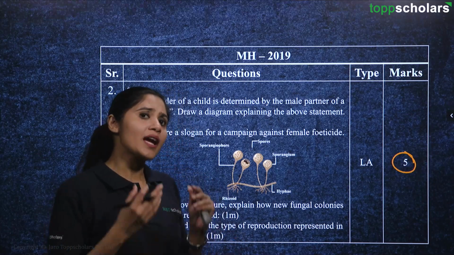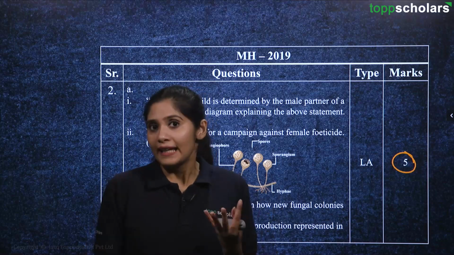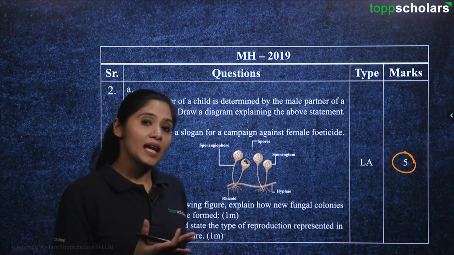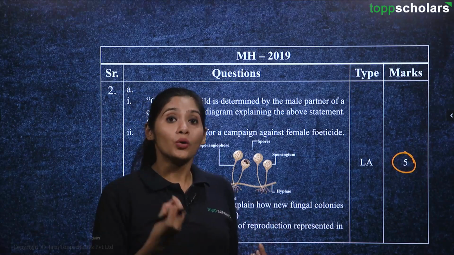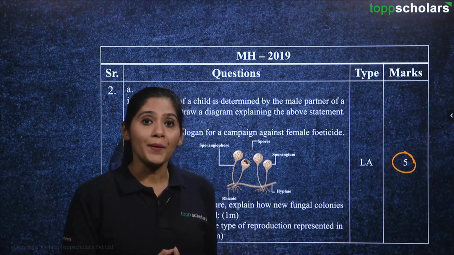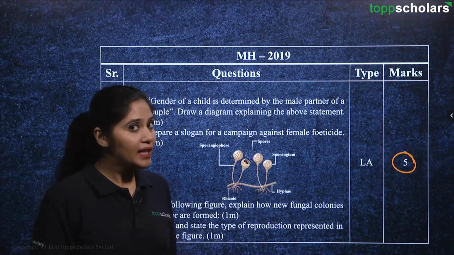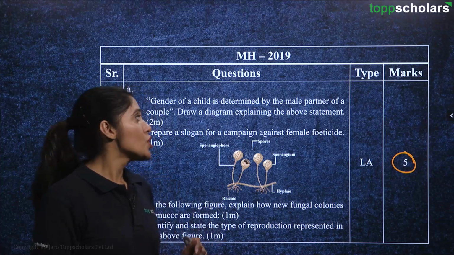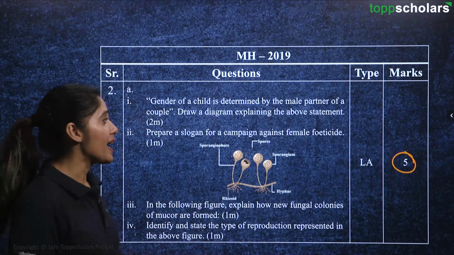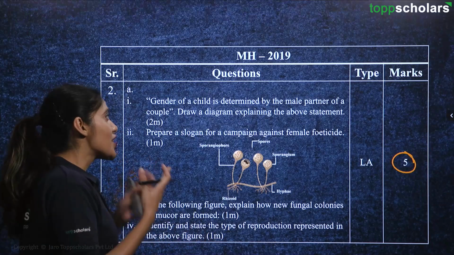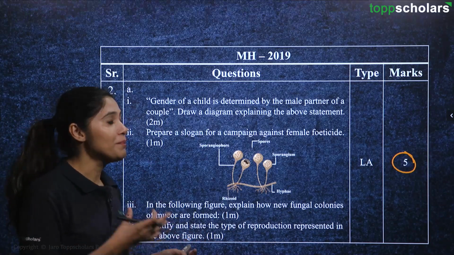So in this way, we can say by the diagrammatic representation as well that the male gamete is the only reason why we have the resultant offspring as either female or male, right? So therefore, we can justify using a diagram explanation that the gender of a child is determined by the male partner